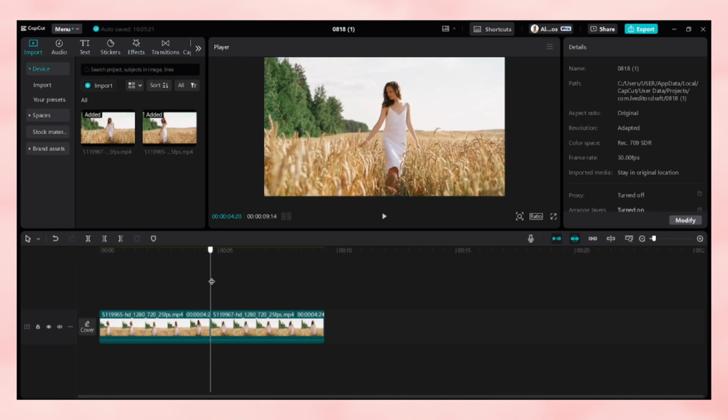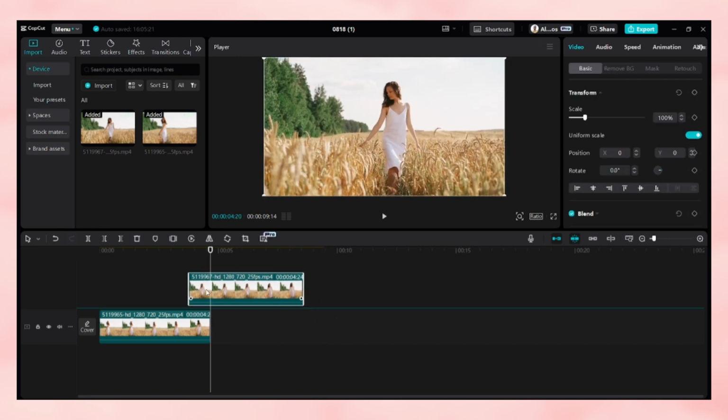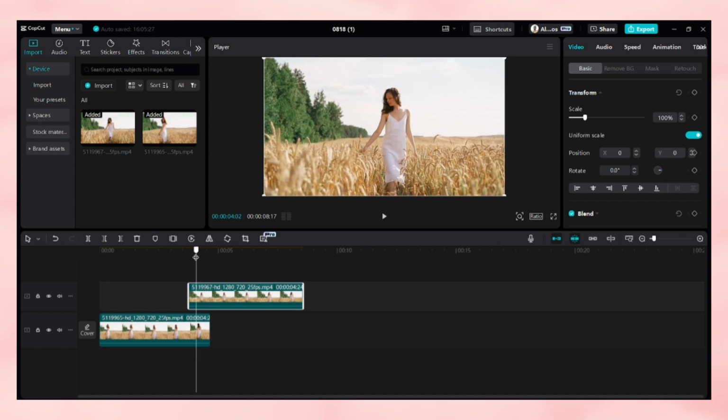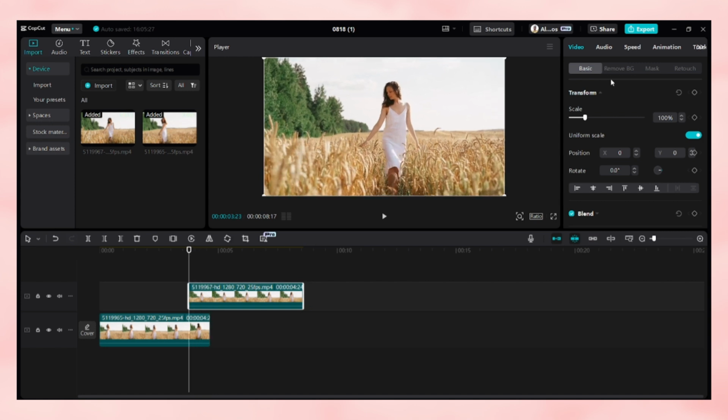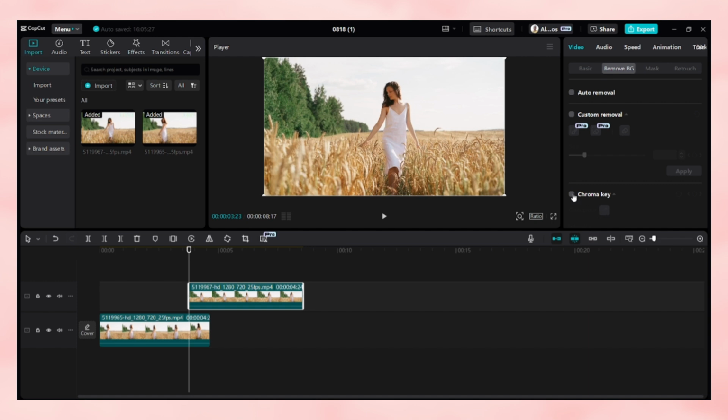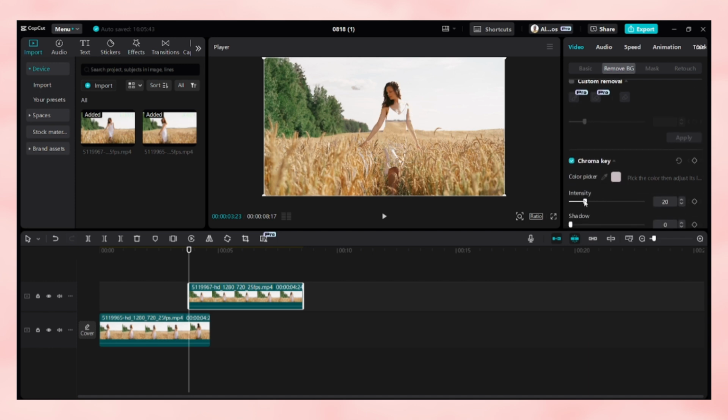Place the second clip above the first one as an overlay. On the second clip, go to remove background, select chroma and use the color picker to select the color. Increase the intensity to 100